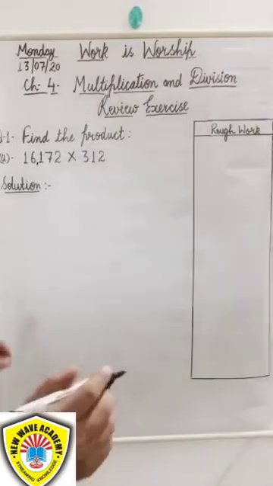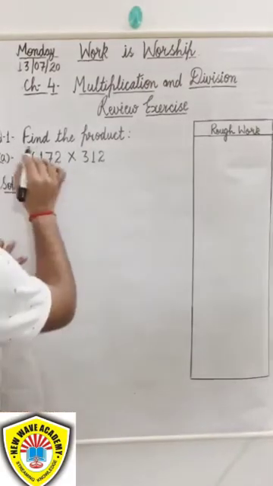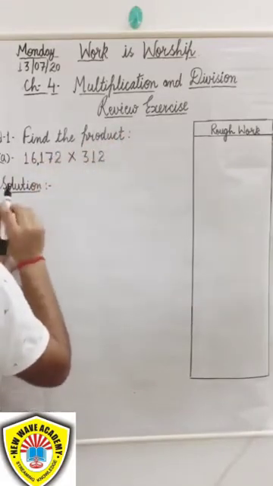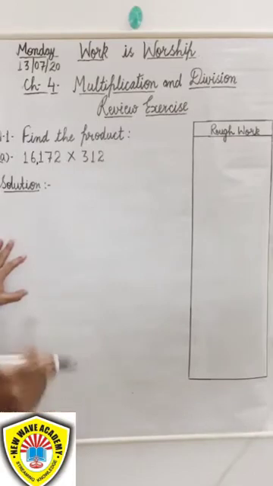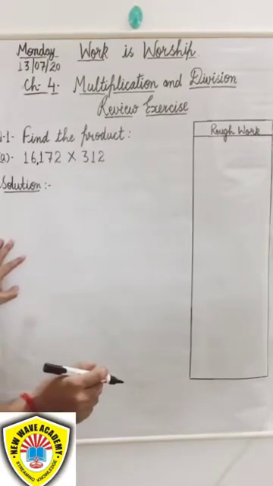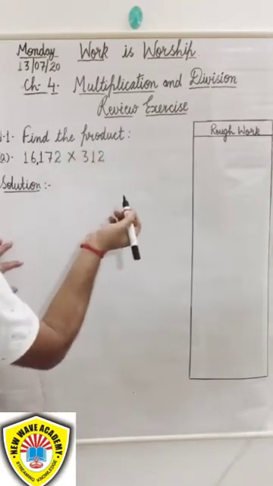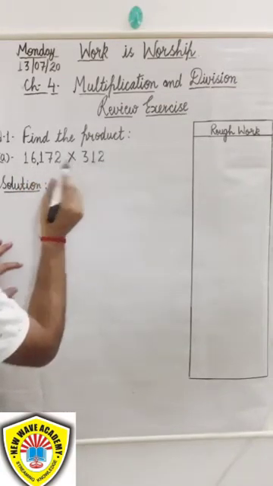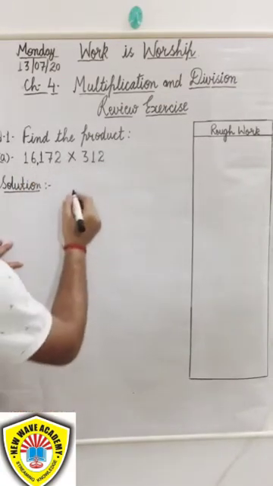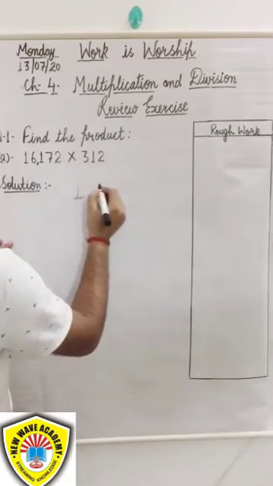So students, we will start our today's concept with question number first of the review exercise. What is the question? Find the product. We have earlier discussed the result we will get after the multiplication is called the product, and we have to find the product of 16,172 by 312. Okay, so first of all we will arrange the numbers vertically, means